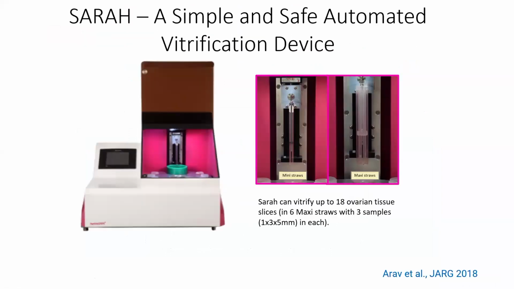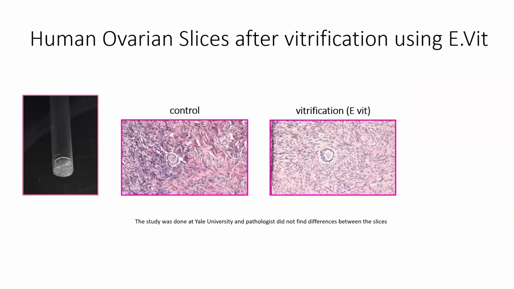So we developed an automatic vitrification device called SARA, where we can vitrify oocytes in a special straw called EVIT, and also in large straws that can keep ovarian slices of 1 to 3 to 5 millimeters each, 6 of these straws. So we did human ovarian slices using this